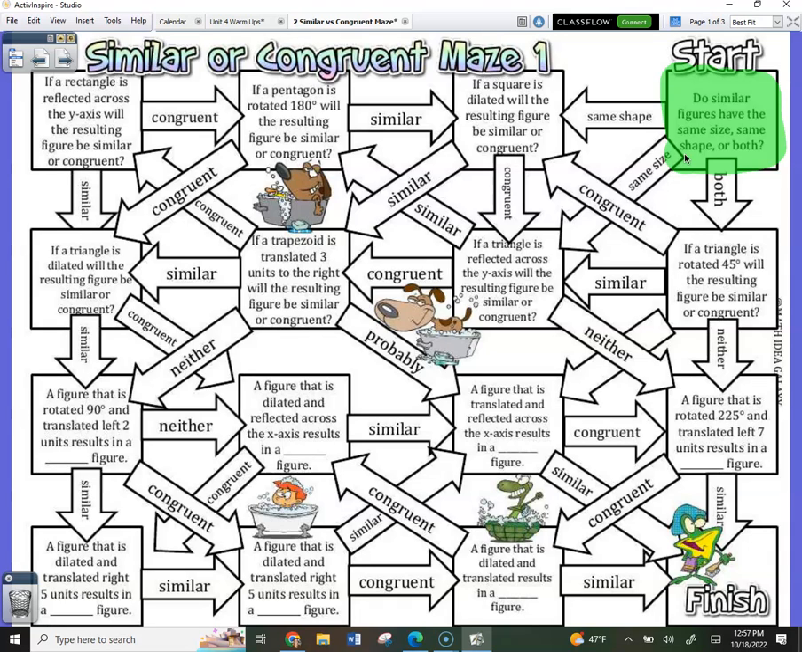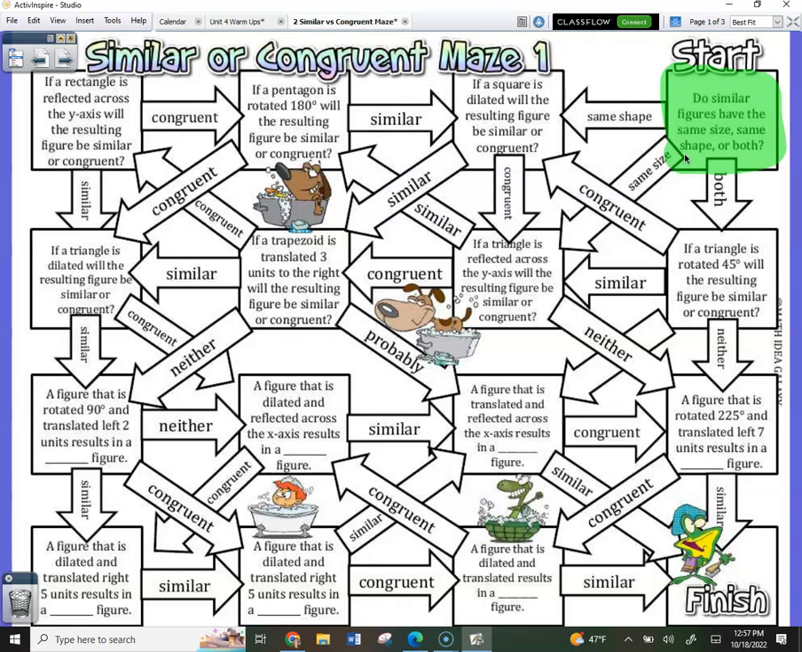This is page 50. You're starting at "Do similar figures..." I'm gonna help you with a couple. Listen, she's trying to help us. Do similar figures